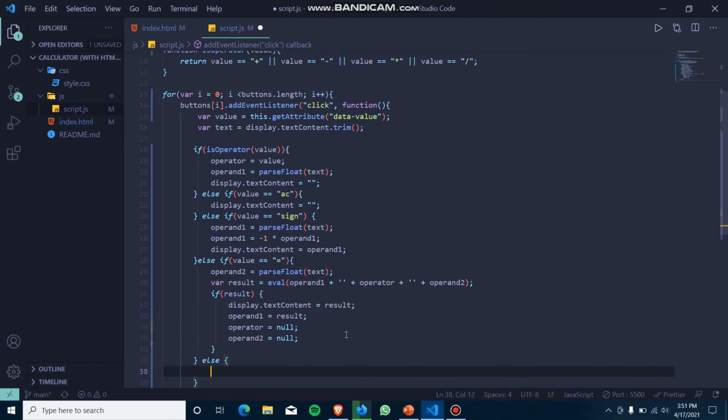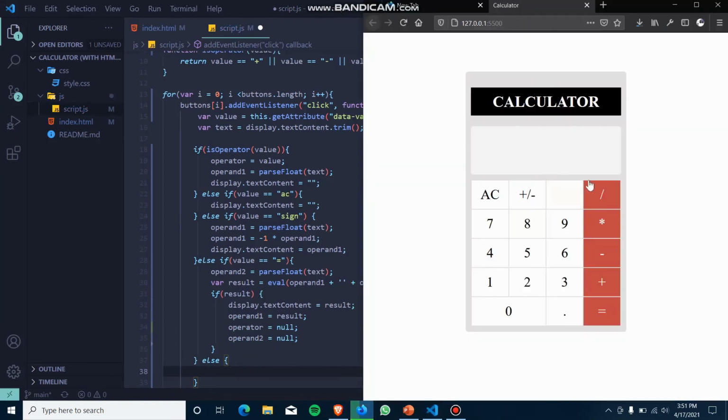Okay, now if we do not select these operators and also not this AC for clearing, or this one too, if we select among these numbers, then what happens? Then we have to show this in this display screen, right? If you click on this 9, then it will be shown here, 9. After that, if you click on 8, then it will concatenate the 8 after 9.